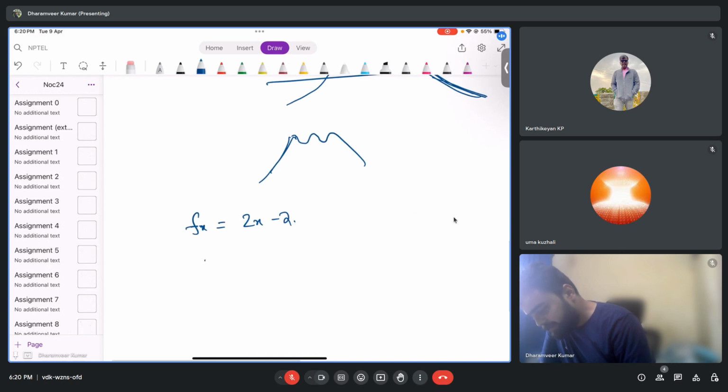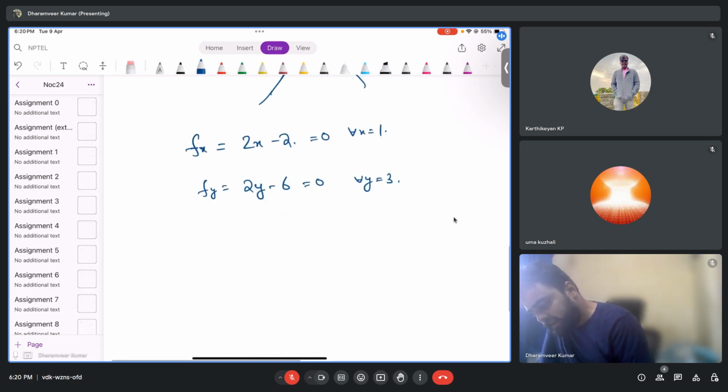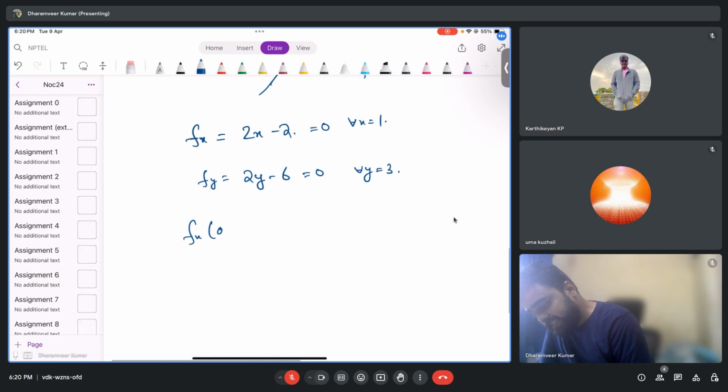What about fy? It is as well 2y minus 6. When is this 0? So fx is 0 for all x equal to 1. When is this 0? For all y equal to 3. So basically, this is a necessary condition, we are talking about local minima right now. If something is a local minima and the function is differentiable, this will